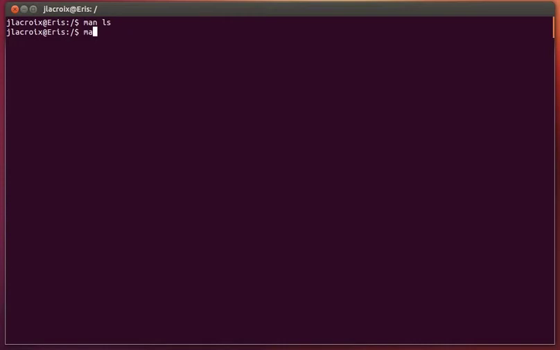So for example, man space CD for the change directory command, if I press enter on that, it'll tell me that there's no manual entry for CD. So yeah, nothing you can do about that. There's no manual for the CD command. However, like I said, that's actually pretty much it, but it's really important that you learn this command,